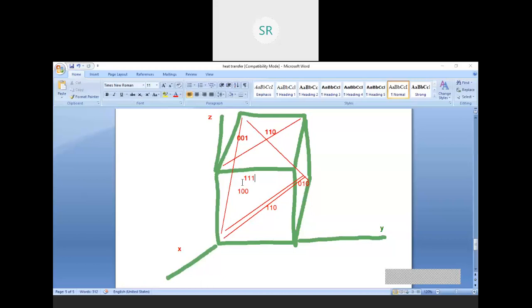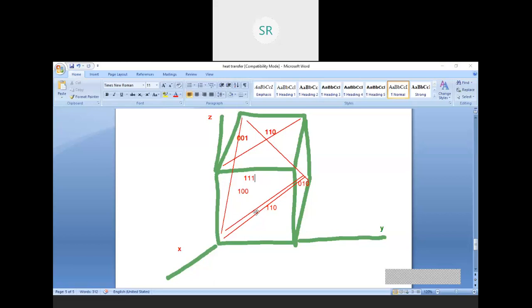Okay, so now this is how to represent a particular plane. If this is the top plane, it is 0 0 1, and in the right plane it is 0 1 0. In the front plane it is 1 0 0. Diagonal it is 1 1 0, both the diagonal 1 1 0, and the inclined is something like a triangle.